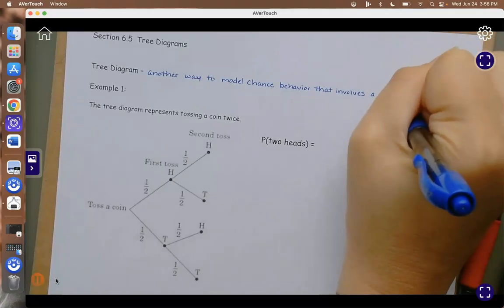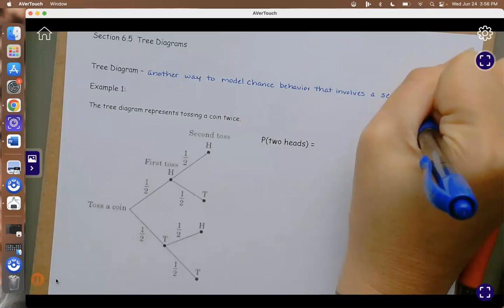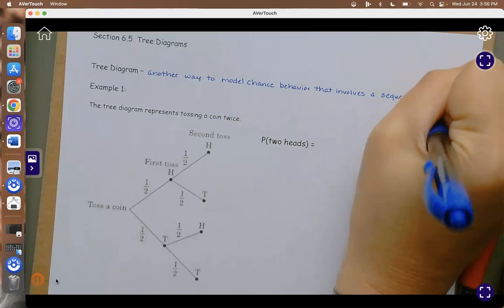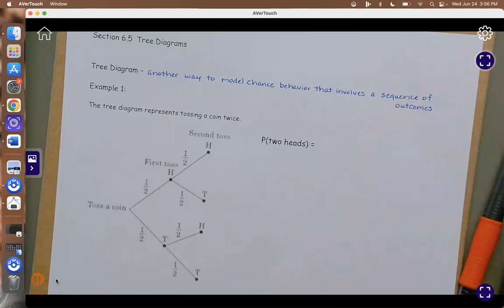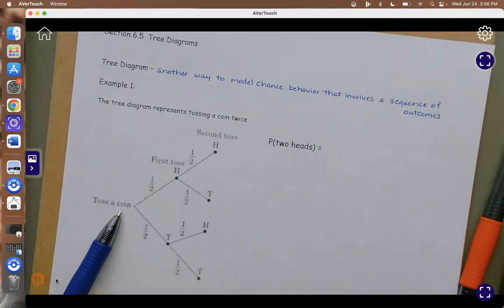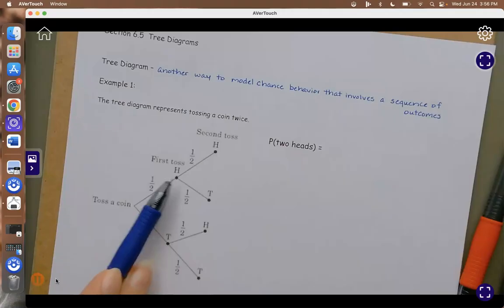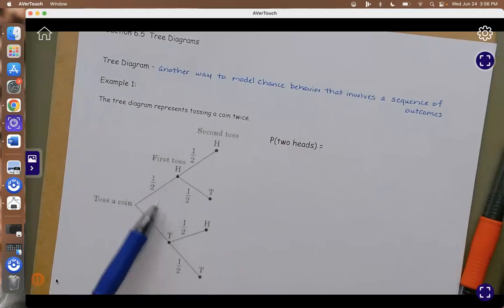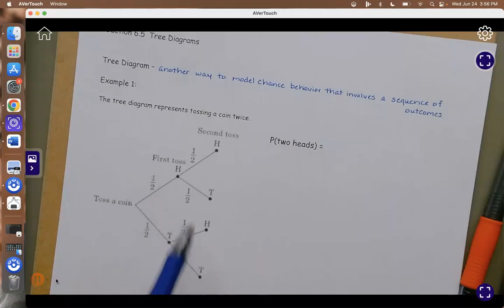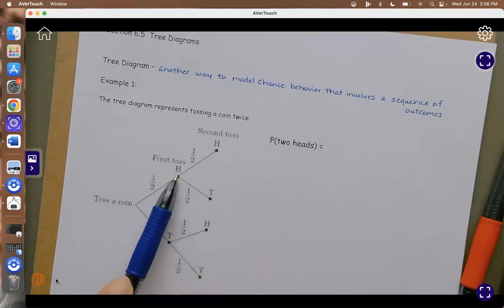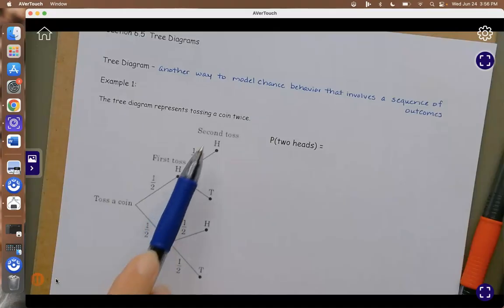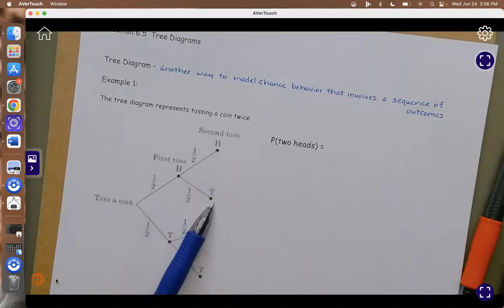Okay, so we've looked at contingency tables and things like that. So now we're looking at a tree diagram. Let's say we toss a coin to get a head or a tail. It's a 1 in 2 opportunity because there's 2 options. Then when you toss a second time, you can get a head or a tail again. Same thing here, so they're both 1 out of 2.